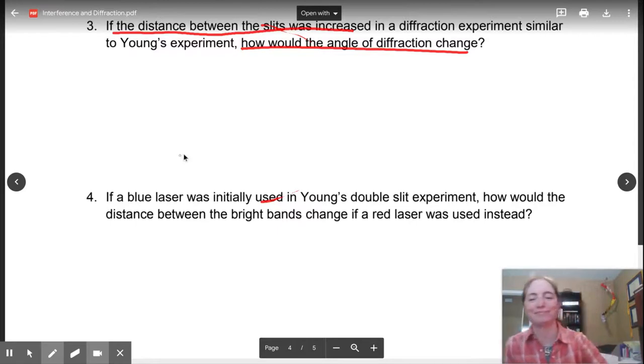Okay, so we have the distance between the slits is going to be increased. And we're trying to find out what happens with theta. Well, let's look at our equation with theta. Sine of theta is equal to,